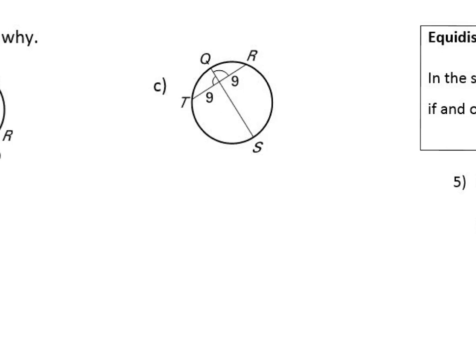Now, this last problem is asking the same question, but it's slightly different. They didn't mark directly that these were congruent, but obviously they are, because it's 9 and 9. So I know that that chord is bisected. But it has to be perpendicular to this chord. Well, if I look closely at the way that they marked it, I know that this angle and this angle are congruent. So what I have is two adjacent angles that form a straight angle,